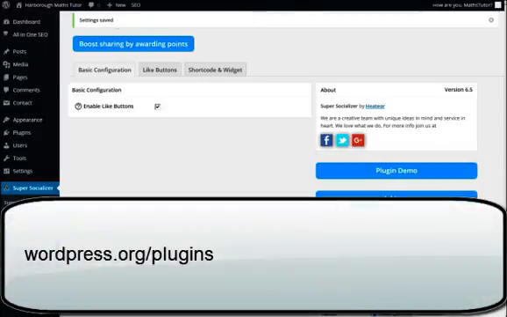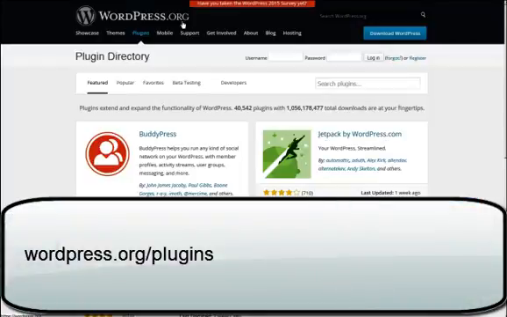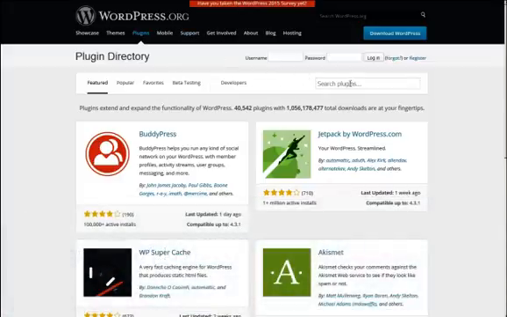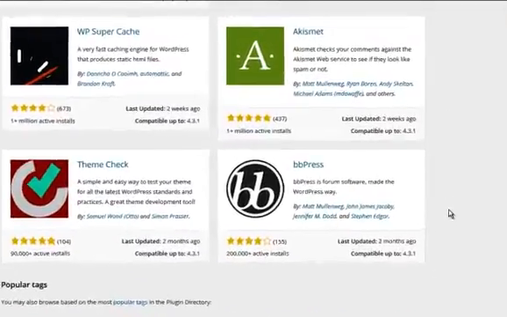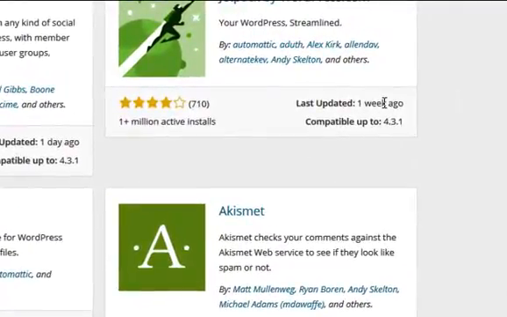Don't forget, you can go to wordpress.org/plugins and just find whatever you want. You will probably find a plugin for whatever it is you're trying to do on your site. Have a play, have a test, have a find. Things to look out for when you're finding a new plugin that you've maybe never heard of before. Look for when it was last updated, and look for how many stars it's got, so the ratings it's had,